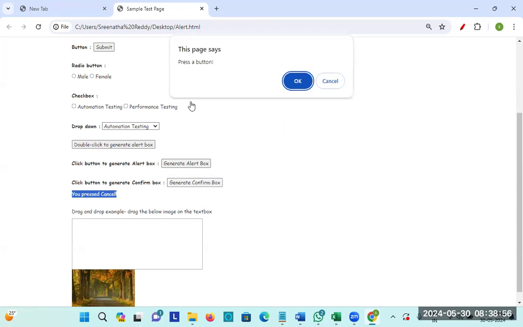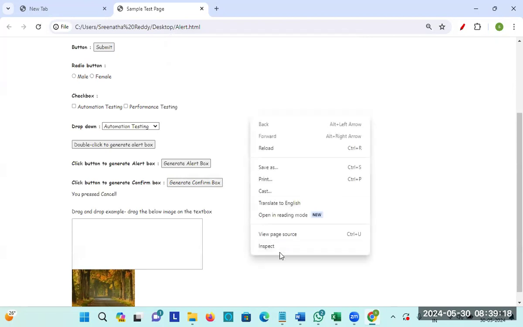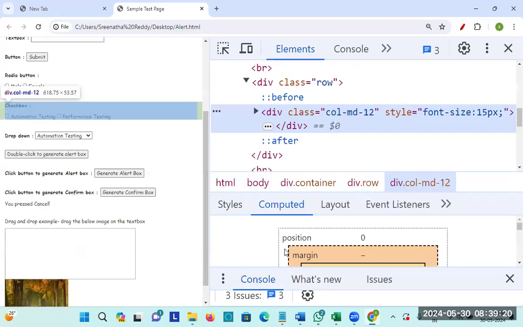So what kind of operations do we need to perform? This is also a pop-up, so this is also an alert. Now how do we control these alerts in order to move ahead? In Selenium, this is nothing but a page, right? Here, if I right click, I am able to inspect it, but the moment I go here,